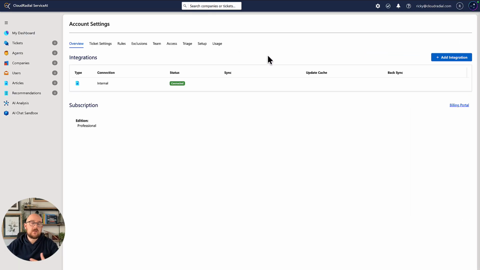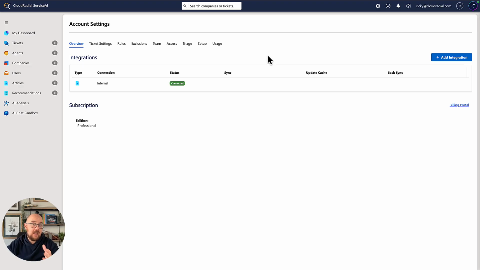And the first thing we want to do is connect that PSA because that's the primary source of our knowledge. We're going to take your PSA tickets and bring them in here. We're going to analyze them. And that's going to give you everything from your insights to using the knowledge inside of your tickets and the notes that you have to build a base of knowledge in which we can hand the answers back out to